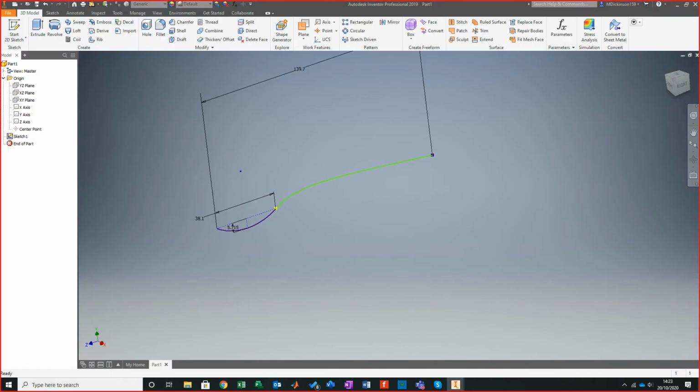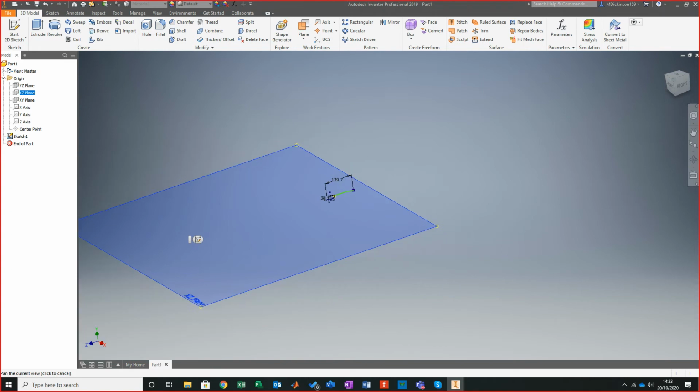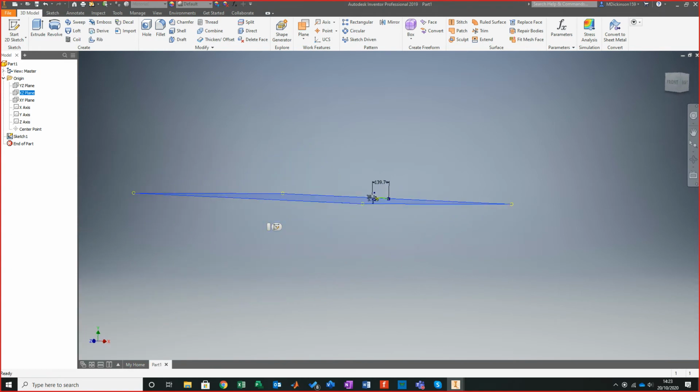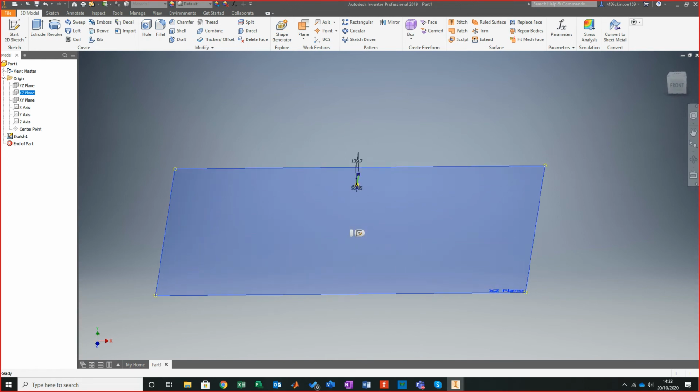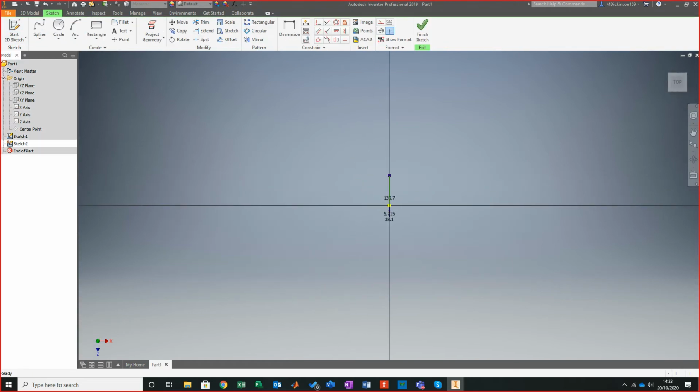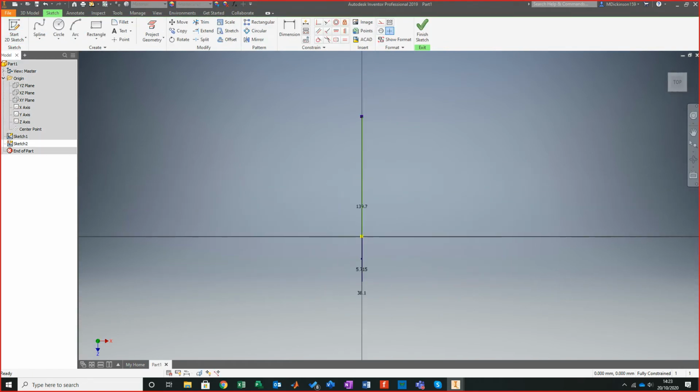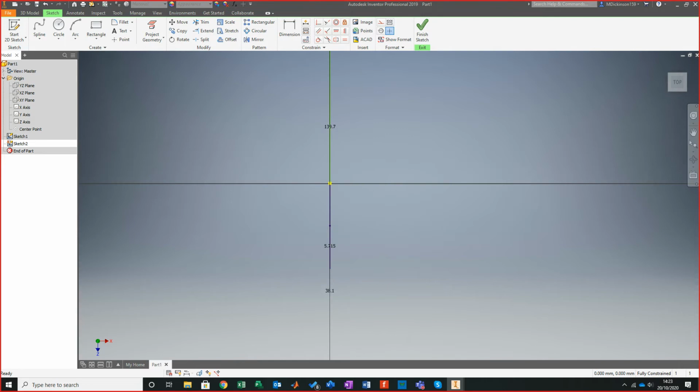So I'm going to come back out, and then from this point I just now need the plane which operates, in this case it would be the top plane, but in our case it's the XZ plane. So I'm going to sketch, I'm going to zoom in, and first I'm going to set up my construction. So I'm going to do my interpolation spline, and to make life easier I'm just going to go to my origin, which is here, come back down,